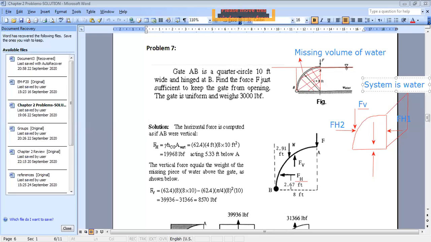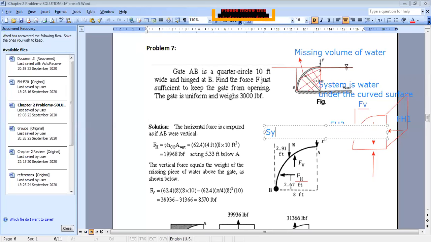water under the curved surface, while in this figure here, my system is the curved surface. So here my system is the curved surface. This is why, if you look well, FH and FV here are opposite to FH and FV here,